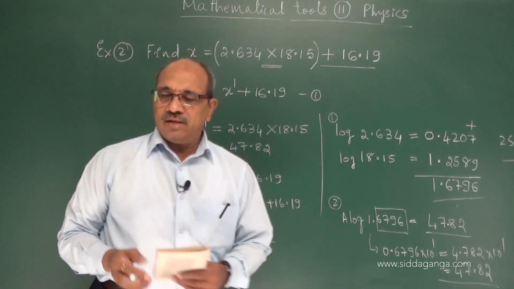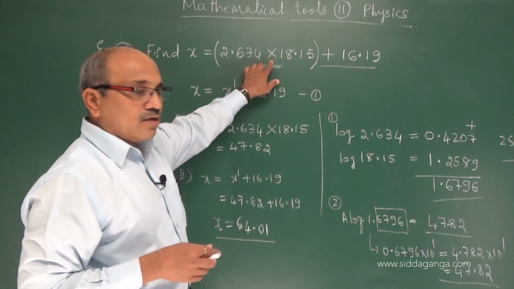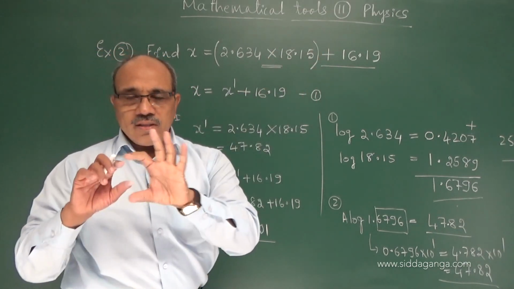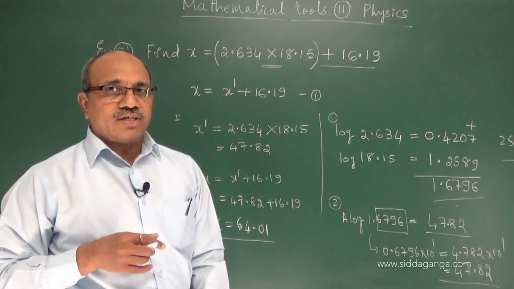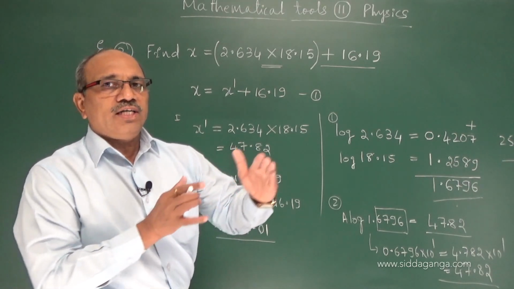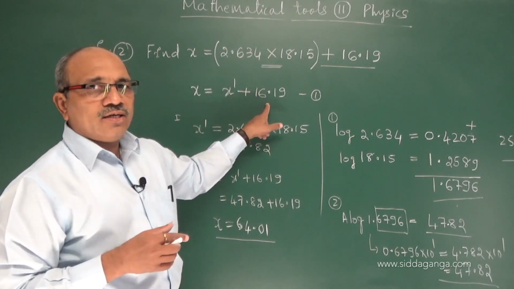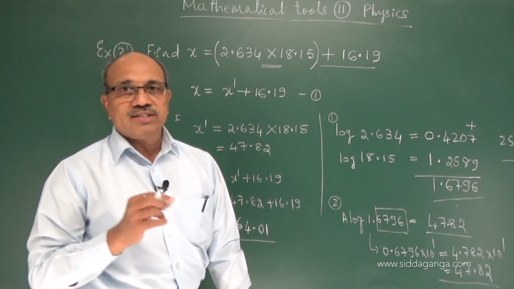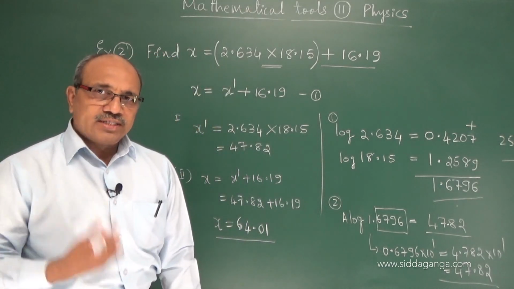Why I have taken this here, please remember, we can apply logarithms only for product or division, not for addition or subtraction. In a computation problem, if it includes additions and subtractions, you cannot employ the logarithm directly. Partly you have to estimate the value, like what we did here: estimated for this and added. First you find the value using logarithm, then you add the digits. You please remember this technique correctly. Let us see some more problems in the next session.